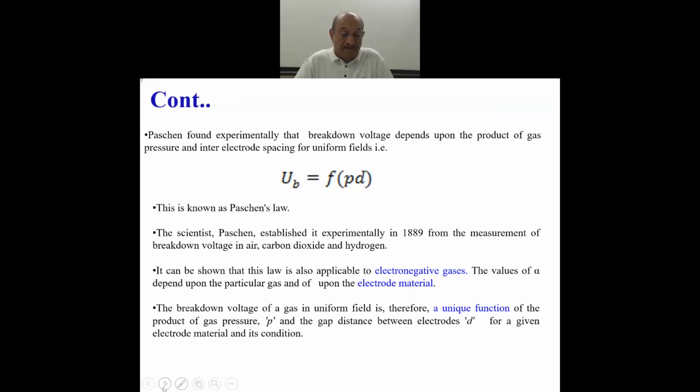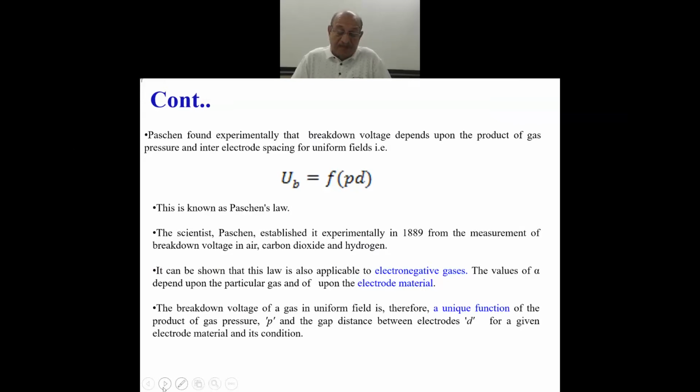It can be shown that this law is also applicable for electronegative gases, as I mentioned. The values of alpha depend upon the particular gas and also upon the electrode material. The value of alpha would be dependent upon the gas as well as the material you've taken, because you can imagine